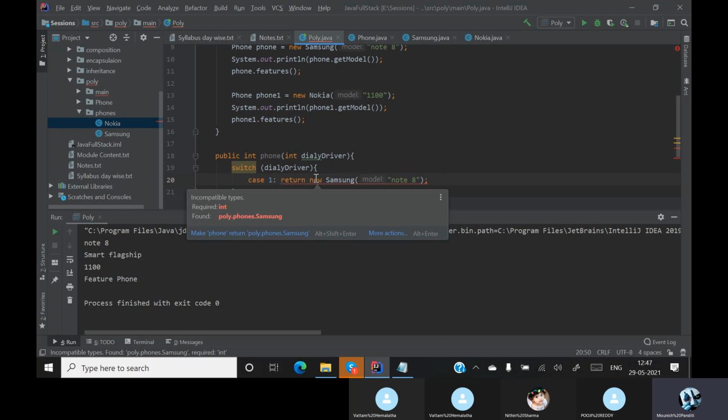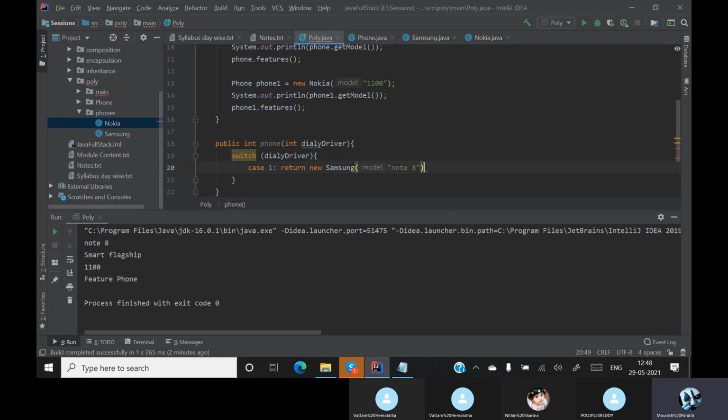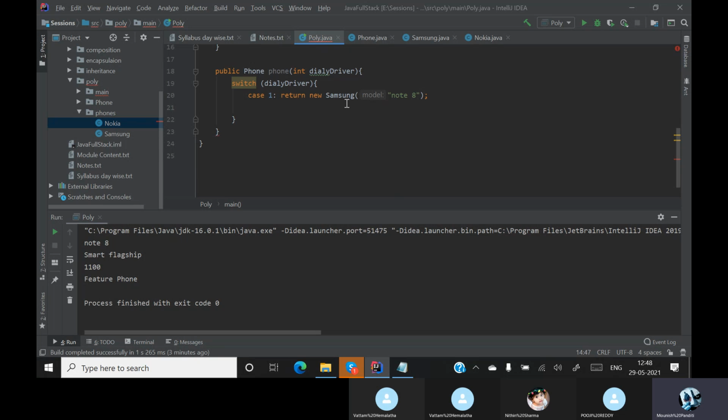Now instead of int method we will say it as a phone method, phone type. Now it will not give us any error because Samsung is a phone, right? So I am sending a phone, it is returning a phone type.